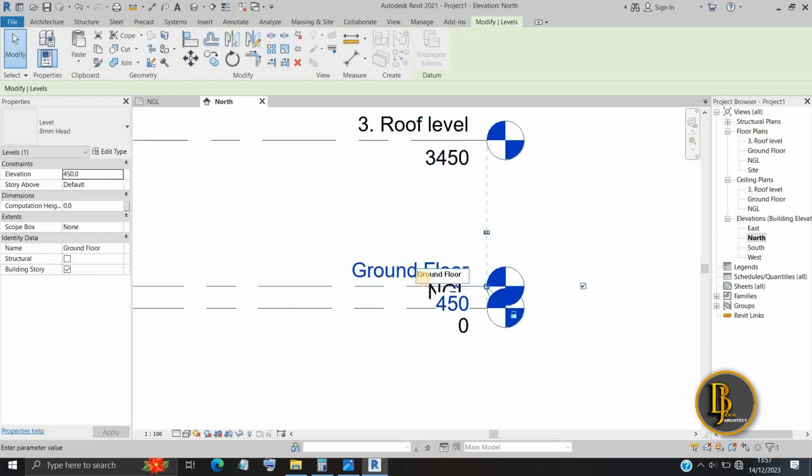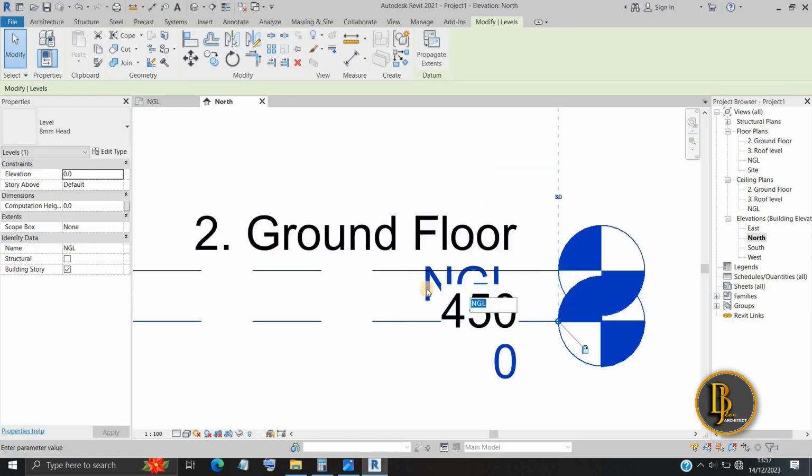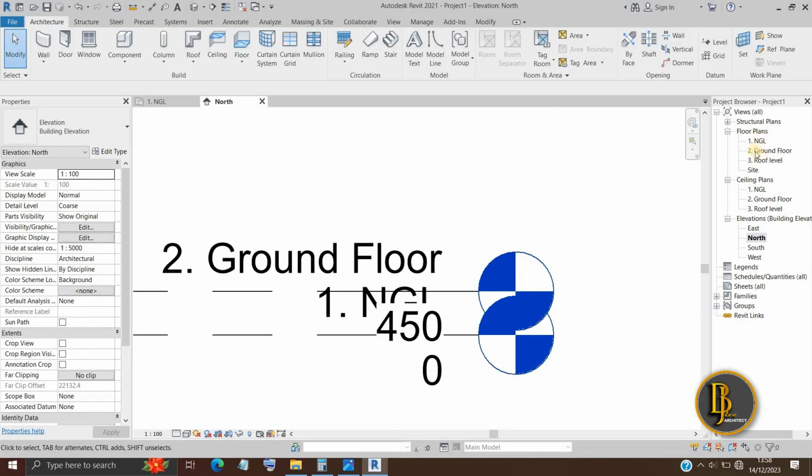Let's name this 2, and your natural ground level, your level 1. So all of them are in sequence. Now we have 1, 2, 3. Look at your project browser on your right hand side where the cursor is. You have natural ground level, ground floor, and roof level. So all of them are set